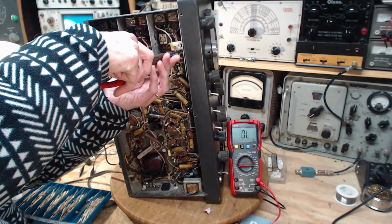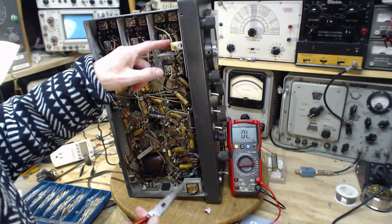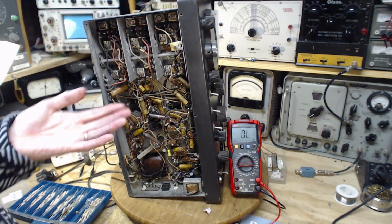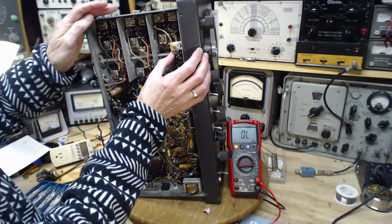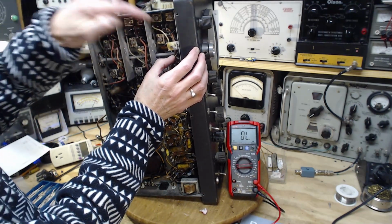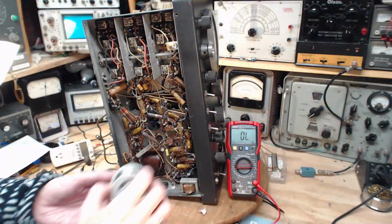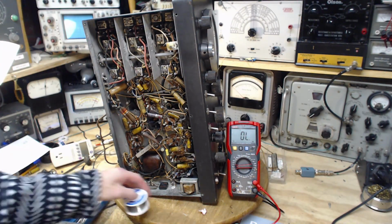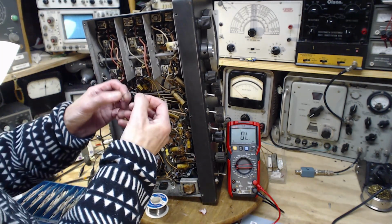Carefully now. Okay. So I'm thinking this terminal that has come free up here is connected to a very light wire inside the coil. And monkey business with it, and there's going to be trouble inside this coil, and that would be disaster at the top of the list. Top of the list of disasters. Do not want that to happen. Don't know what band this is, but